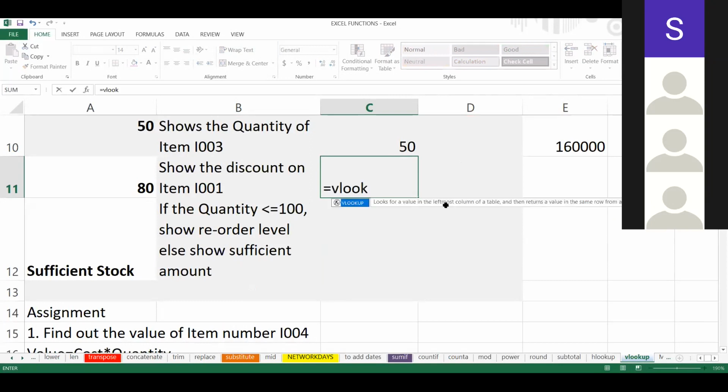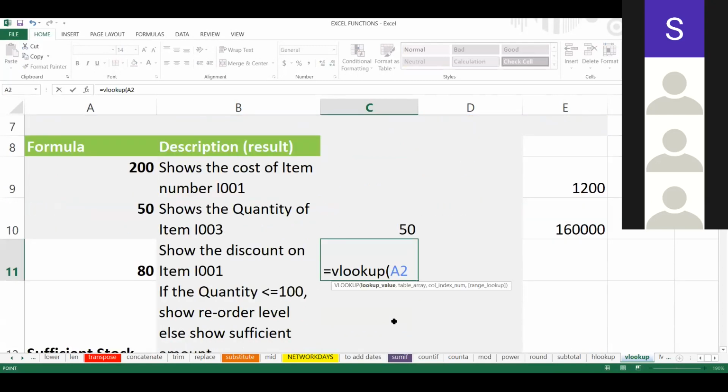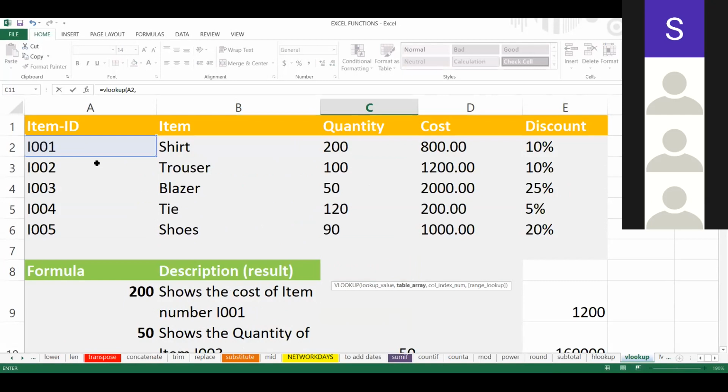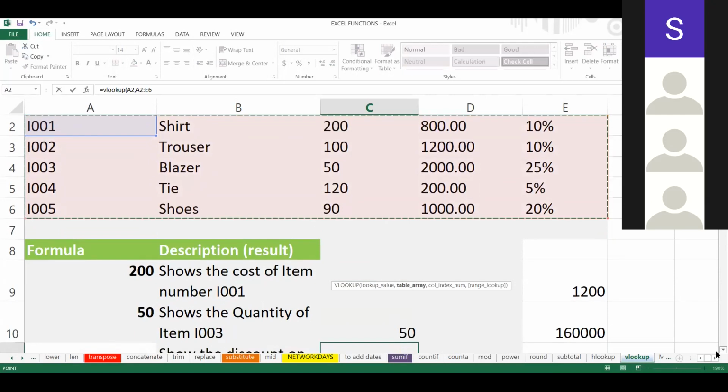Item, I'm selecting from the table itself. Comma, full table, table array. Comma, range.